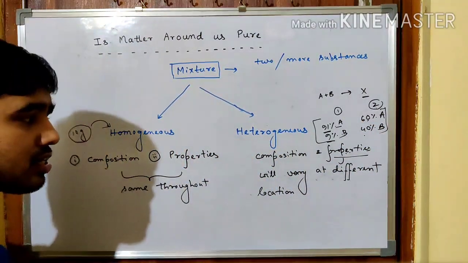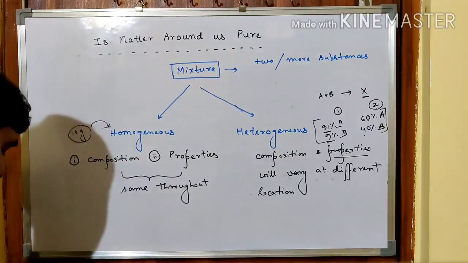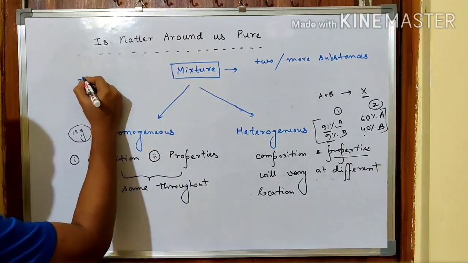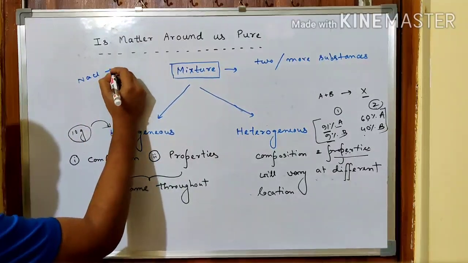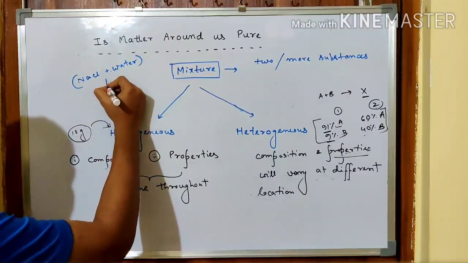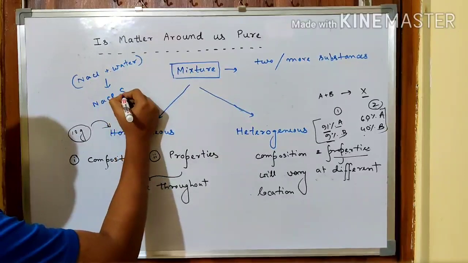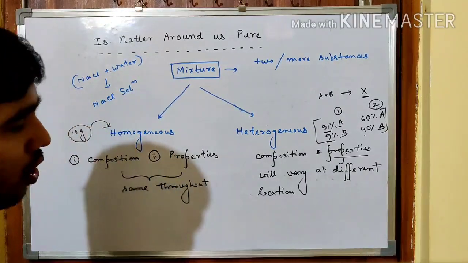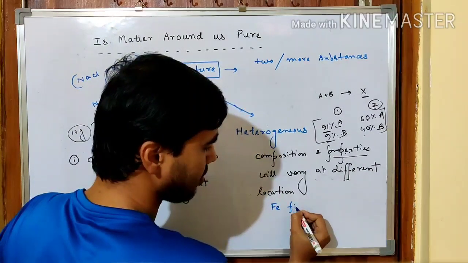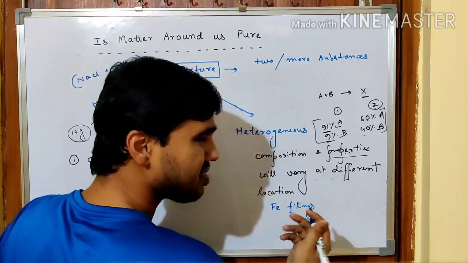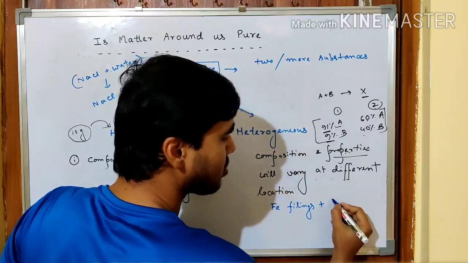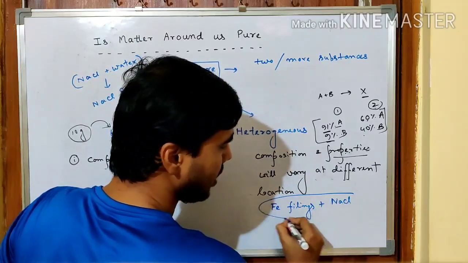But here that is not the case. Let us see a few examples that will clear our doubts. Say we take sodium chloride plus water. We are mixing these two, so we form NaCl solution. On the other side, let us take iron filings. This is iron only. Plus, if you take any salt, say sodium chloride, and you are mixing it,